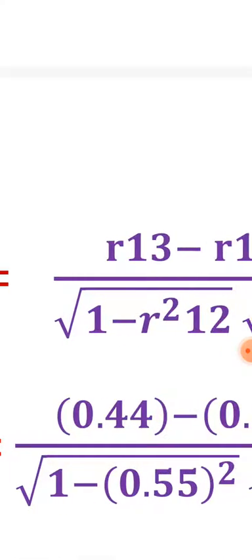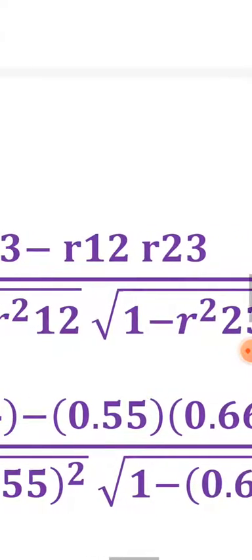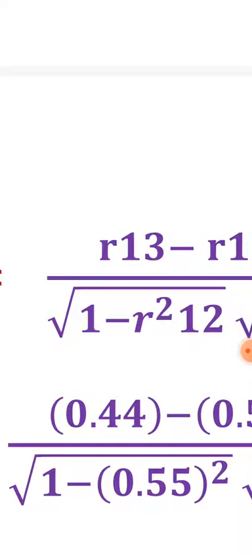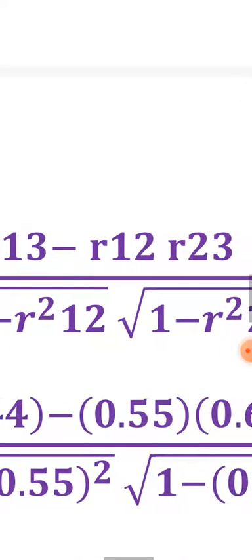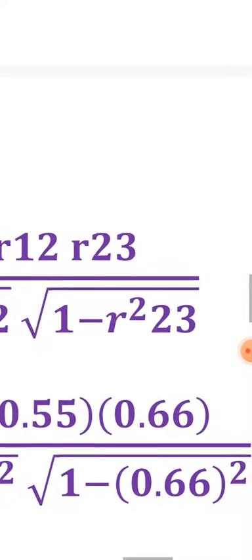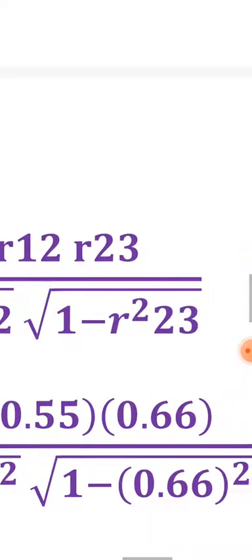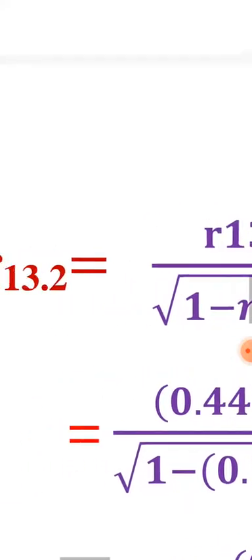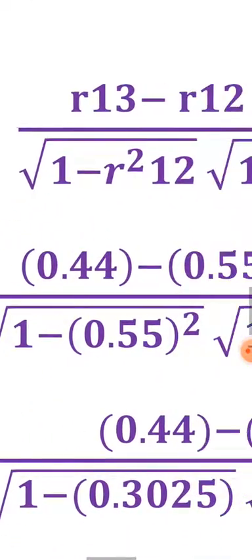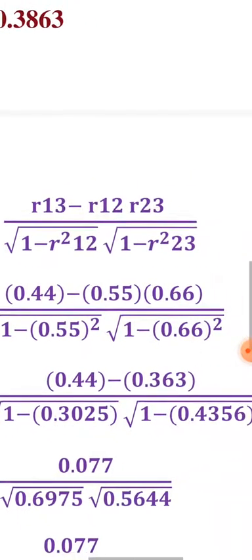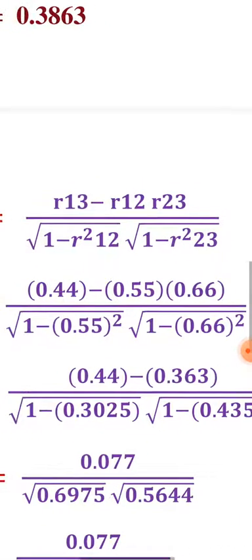Now the second partial correlation coefficient. The partial correlation coefficient between the first and third variable by keeping the second variable constant. So put firstly R13, then the remaining two, R12 and R23, divided by, in the first root, 1 minus R square 12 and in the other root 1 minus R square 23. That means the remaining two, 12 and 23, you put into account except 13. Then second step, substitute the values in the formula.